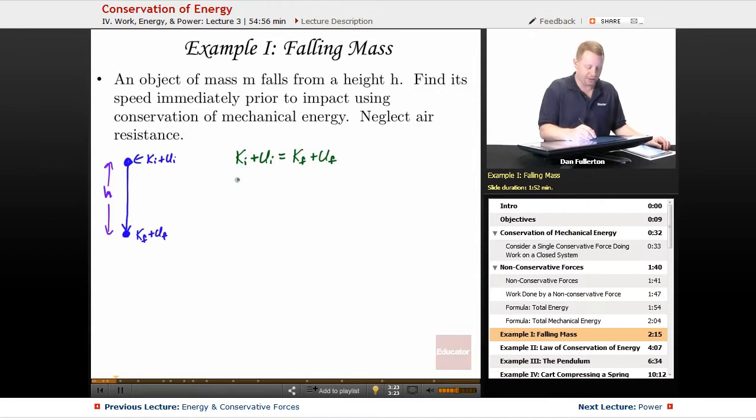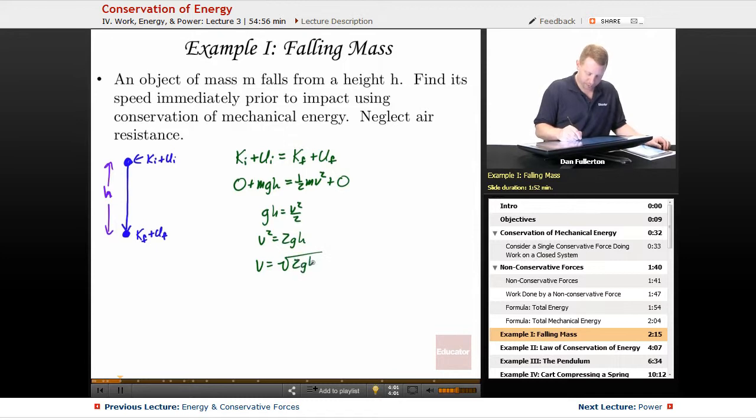Well, it starts at rest, so the initial kinetic is 0, and the initial potential energy is mgh, assuming we're in a uniform gravitational field. Its final kinetic energy is 1/2 m times its final velocity squared, and its final potential energy is 0 because it's at its final point, what we're calling 0. So we can simplify this. We can divide an m out of both sides to say that gh equals v squared over 2, or velocity squared equals 2gh, and if we want just the speed, that's going to be the square root of 2gh. All right,